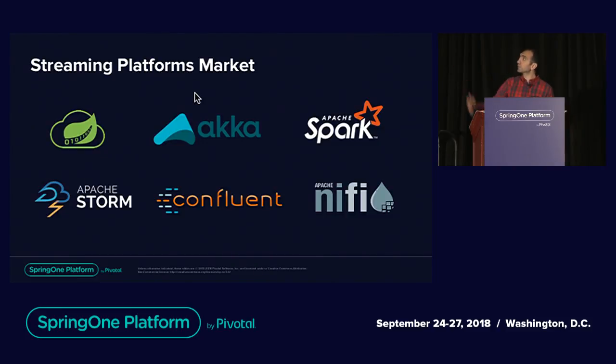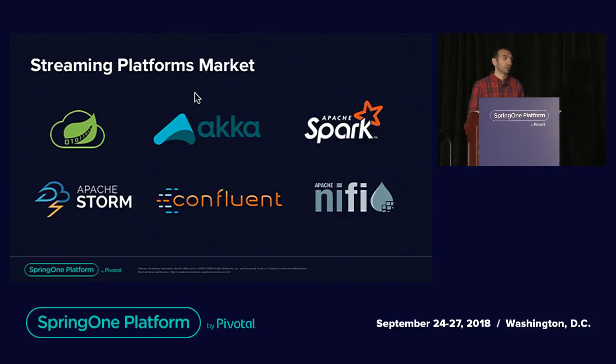Okay, so as you can see, the streaming platforms market is quite huge. So which one should you pick? Which one should you choose? Before making your decision, you should think of several factors in the context of your application. Number one is how low latency should be? It will vary depending upon the industry you're working in. Say trading platforms, where the latency is less than a millisecond, versus the traditional ETL, which takes hours, sometimes days.